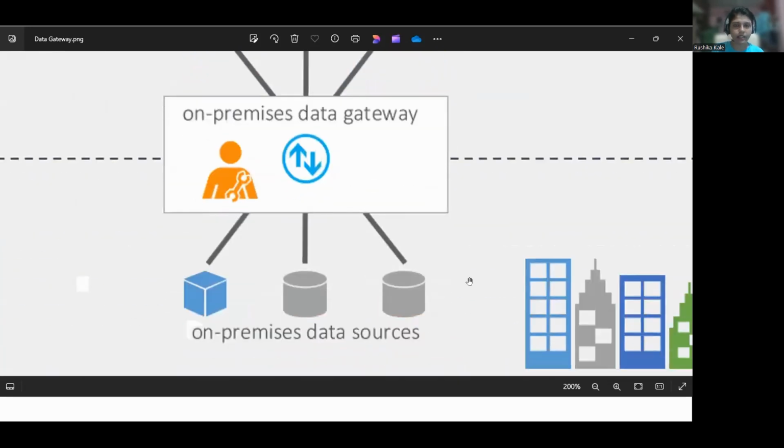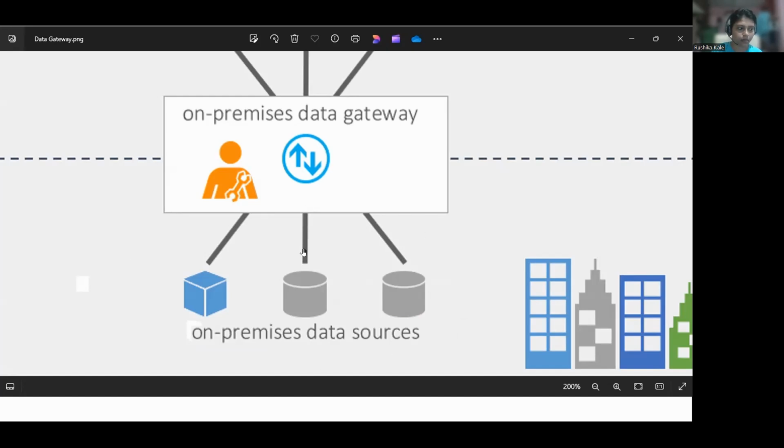Because sometimes, consider you have a revenue budget file on a monthly basis in your local system, that is in your own laptop or system. What happens every month is your data keeps changing. There is a new number of rows added in that same Excel file. So how is my report, which is online and already published, going to know that my data is updated, which is in my local system basically?